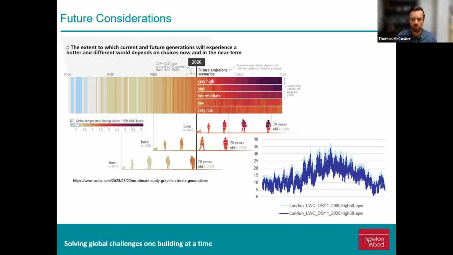As the climate is warming, future weather conditions are getting more and more difficult to pass with the overheating methodologies. The DSY weather files that we have currently have predicted future weather files looking at 2050 and 2080. And summers like we had last year are going to be the norm, if not even worse. The problem with overheating assessments is that in future weather scenarios, often the external temperature is warmer than the methodology allows for internally. So what I'm saying is that the external temperature is going to be warmer than the methodology allows for to start with.